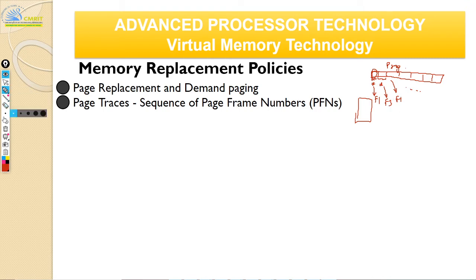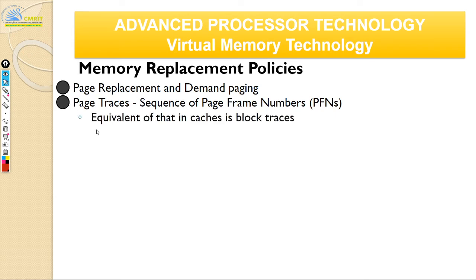And why do you need this page trace? Once you know a page trace for an application, you can have a decent page replacement policy. Instead of simply saying, OS, I don't like you, page, sitting in this memory, it can make an objective decision, instead of having a bias or random guesses. So that's the idea. An equivalent of this page trace is called a block trace in cache, but we will not get into that, just for your knowledge. We will see cache in more detail in the subsequent modules.